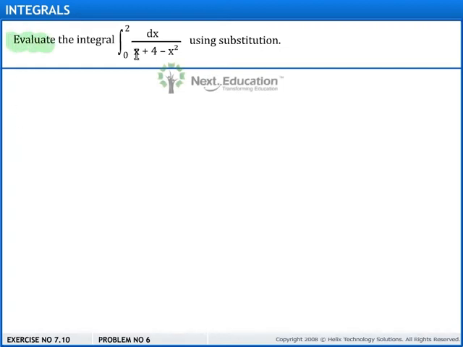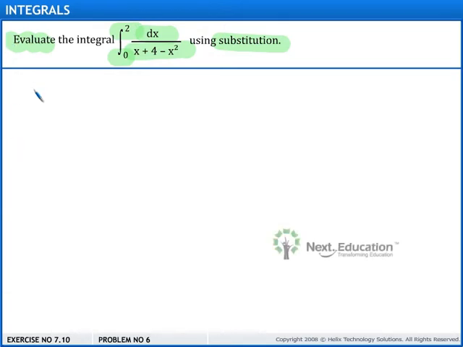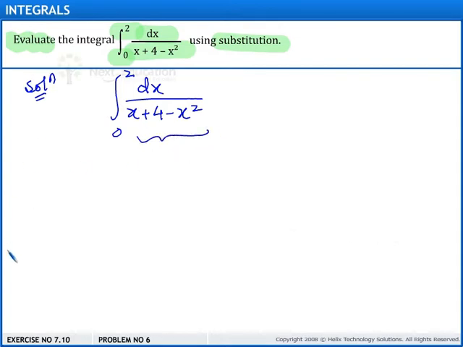Question: we have to evaluate the integral dx upon x plus 4 minus x square using the substitution method, where the lower limit is 0 and the upper limit is 2. Let's begin with the solution, and we have to evaluate the value of this integral. We know that